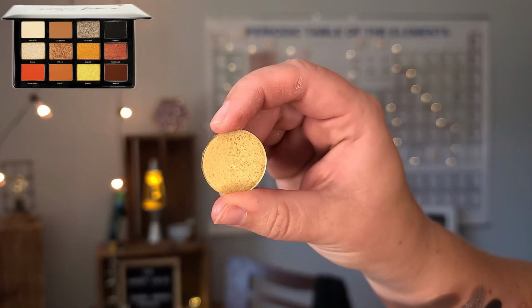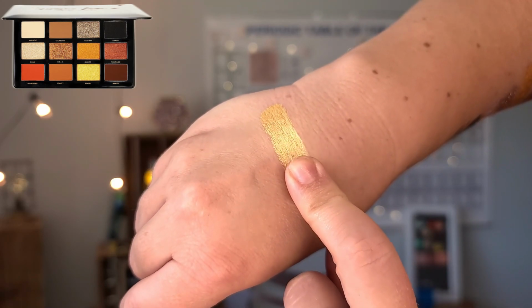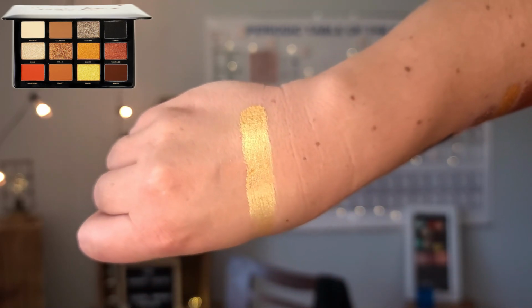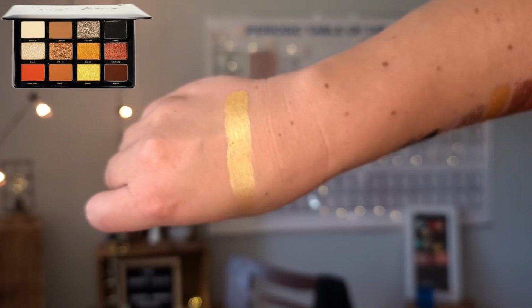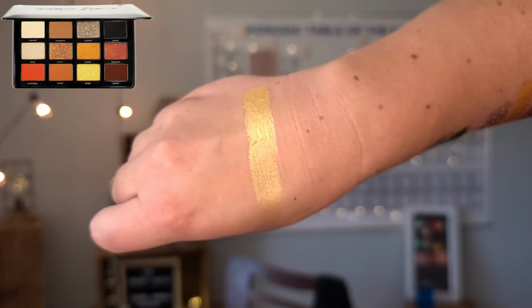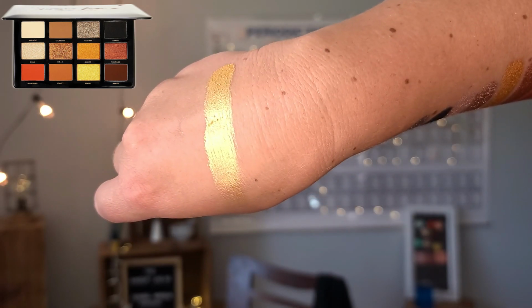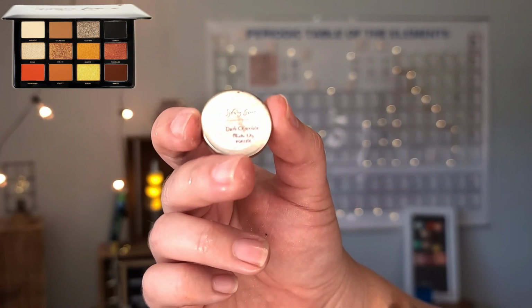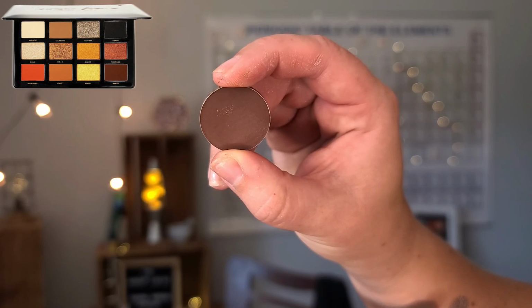Lastly, oh wait, excuse me, that would be the comp shade right there by Sydney Grace, and that's Mermaid. I actually have this one. I didn't feel like it fit quite as good because it is also a duochrome and it kind of gives that green sheen. And I didn't feel like that really fit the vibe of the Artist Couture palette, but it's beautiful. Dark Chocolate is the last shade in the palette that I use